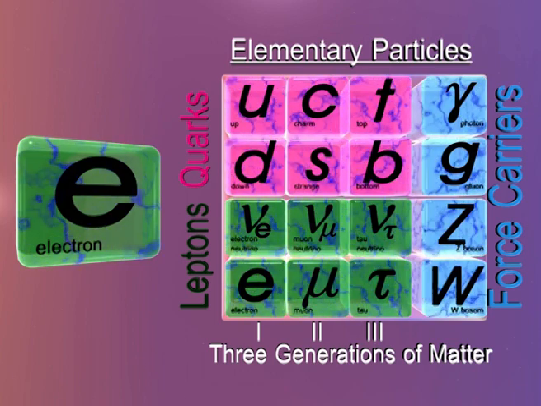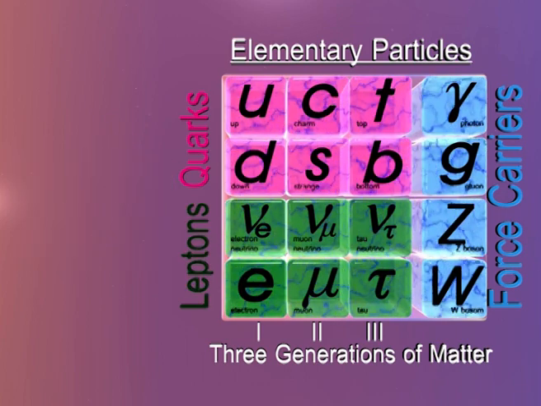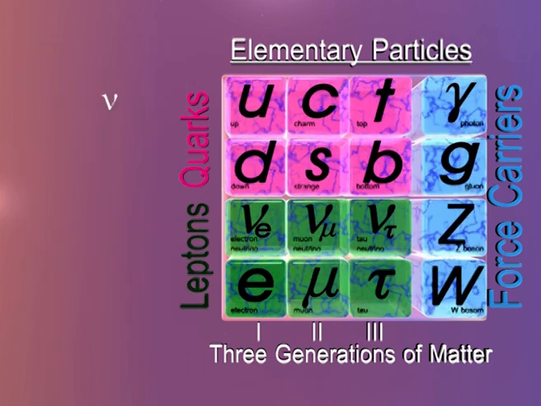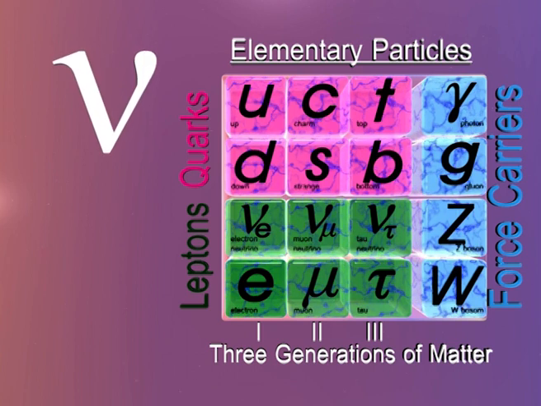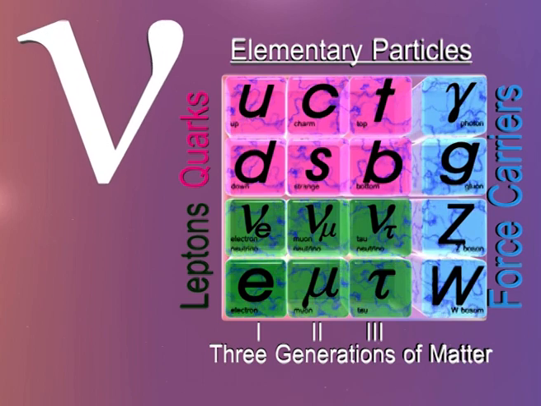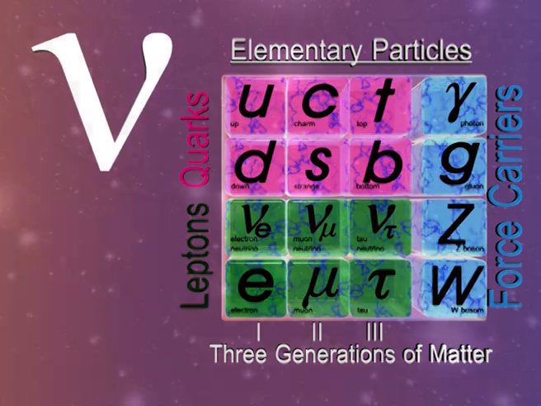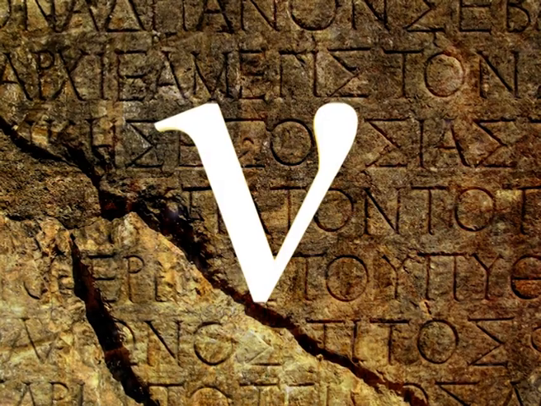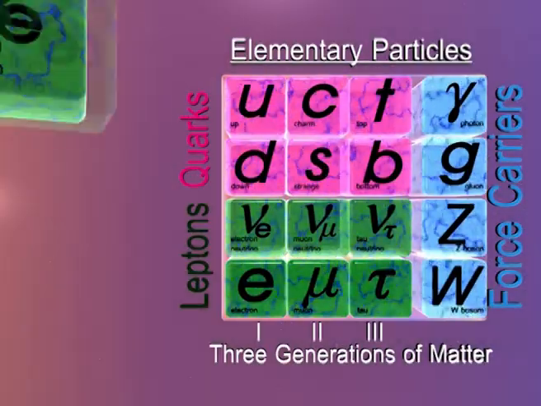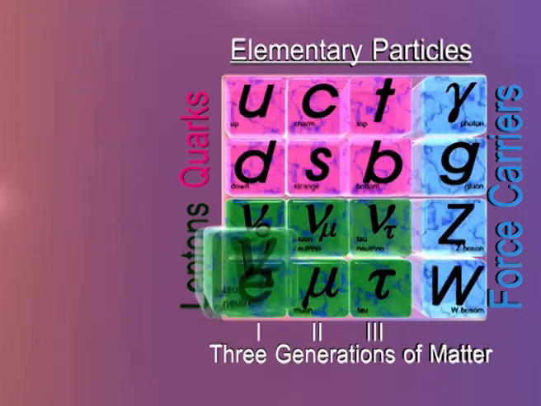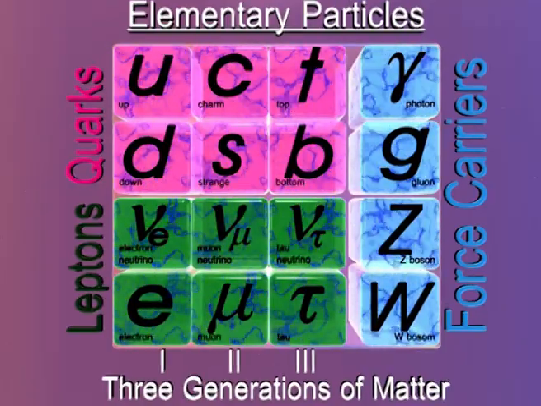Scientists have discovered that electrons have two cousins, similar in behavior but heavier. They are the muon and the tau. Like the electron, neutrinos too are elementary particles. But unlike the electron, which has a negative charge, a neutrino is chargeless or neutral. Neutrinos are denoted or represented by the Greek letter nu. They come in three flavors, namely electron neutrino, muon neutrino, and tau neutrino. This fact is of significance, and we shall go into depth later on.